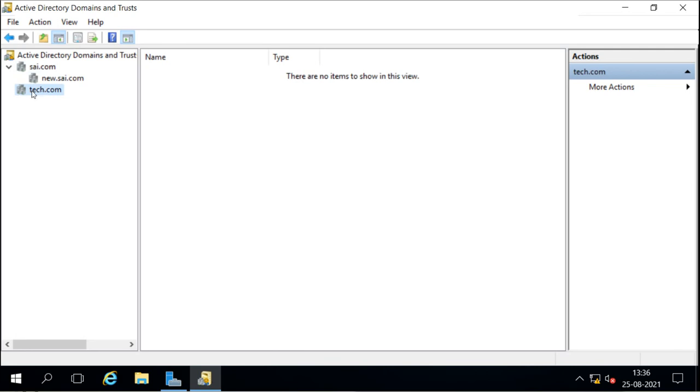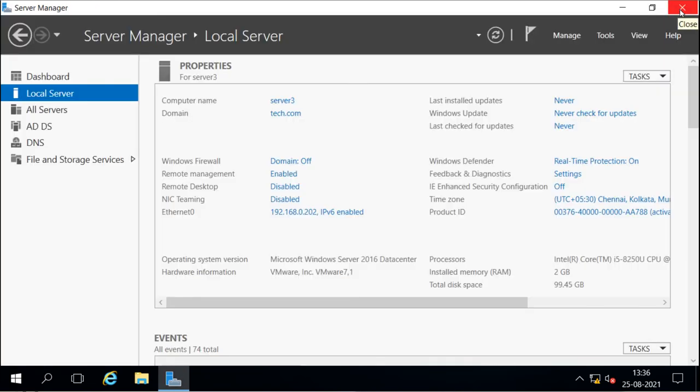Now when we configure these multiple domains, you have to remember the roles we have, the 5 FSMO roles. Among those 5 roles, we have 2 roles that are forest-wide. That means 2 roles in the whole forest. You can have only 2 machines which can carry those 2 roles, and then the rest of the 3 roles are separate. They are for each domain. That means you will get the 3 roles in the root domain, you will get the 3 roles in the child domain, you will get the 3 roles in the tree domain also.